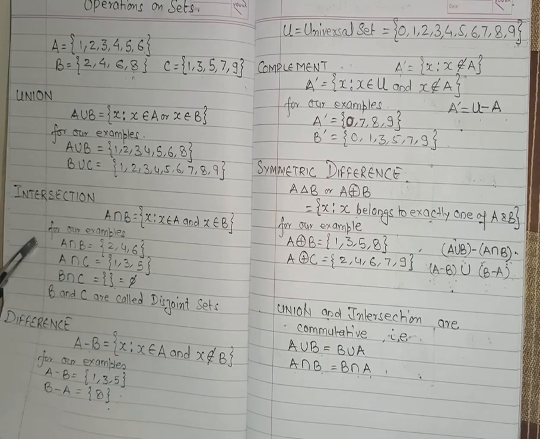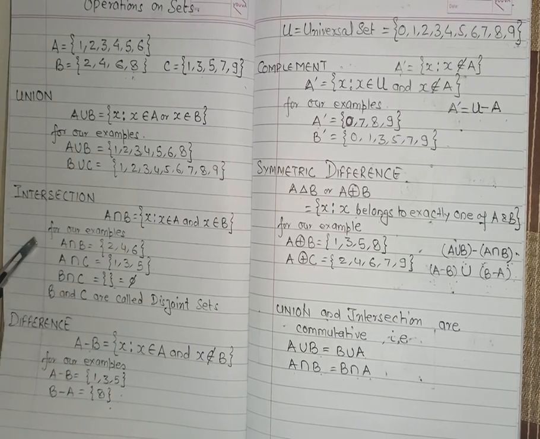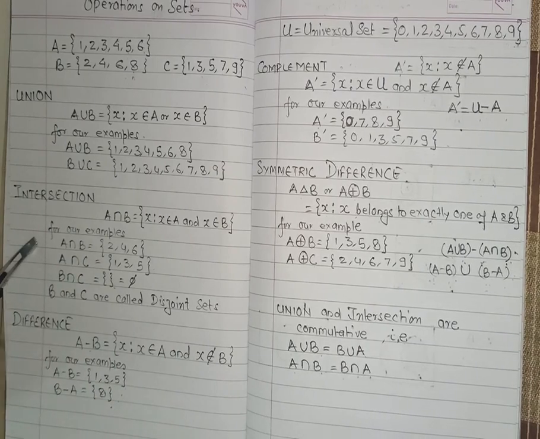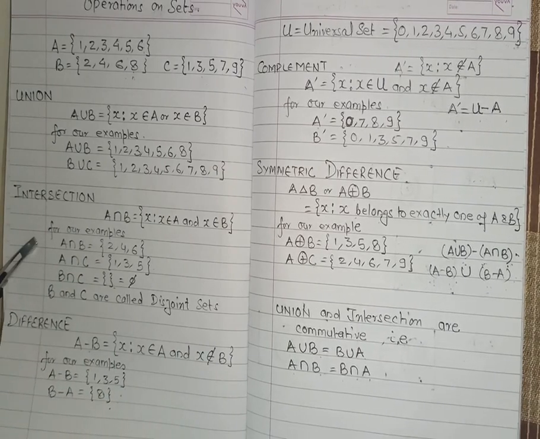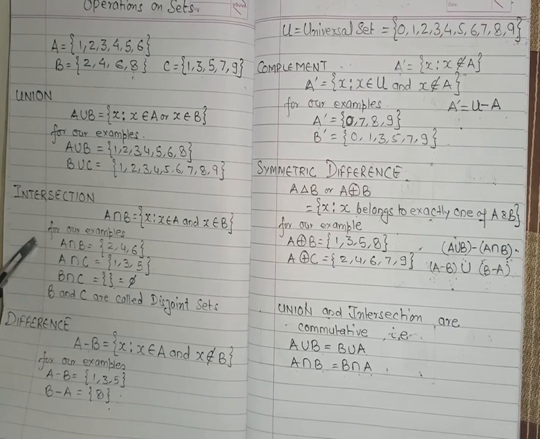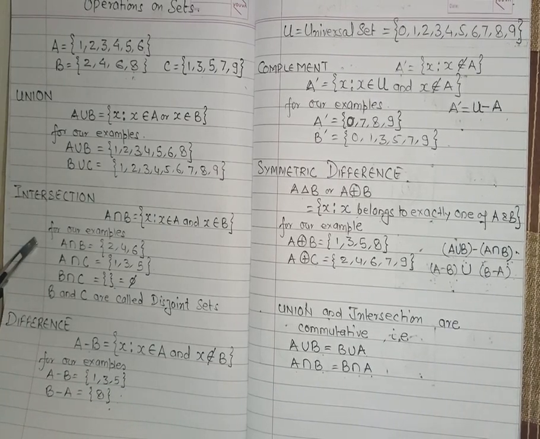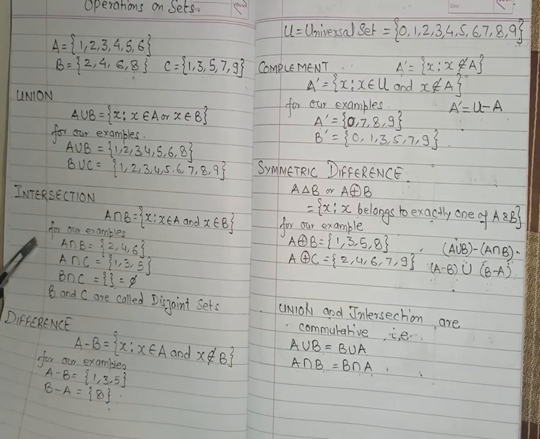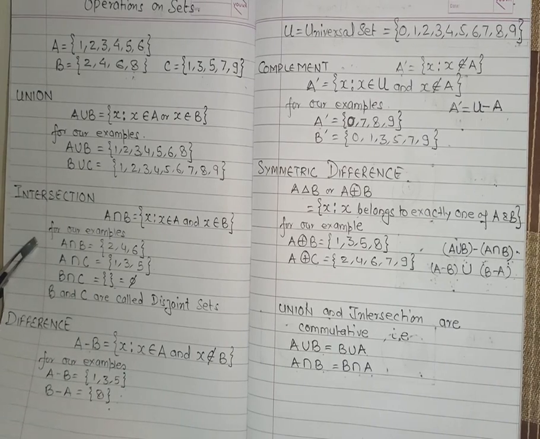If I have two sets, one is the set of all the boys of the class and one is the set of all the girls of the class. And A union B is the union of the set of all the boys of the class and the set of all the girls of the class. That means the set of all the students of the class. And if I try to take B union A, that means the set of all the girls of the class union with the set of all the boys of the class, I will again get the set of all the students of the class. Similarly, the intersection operation is also commutative.